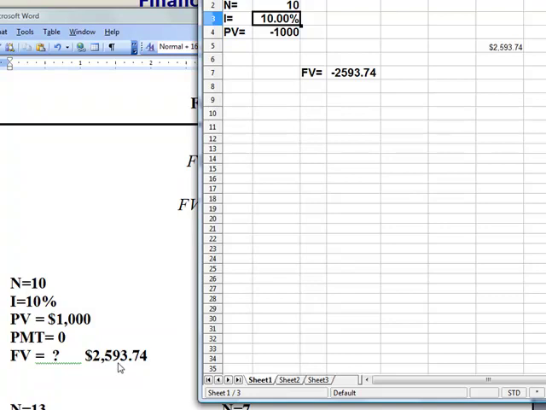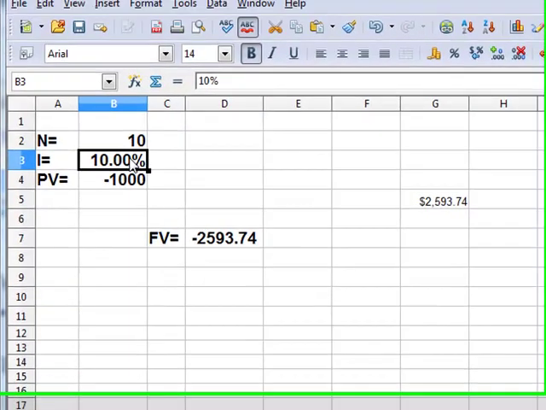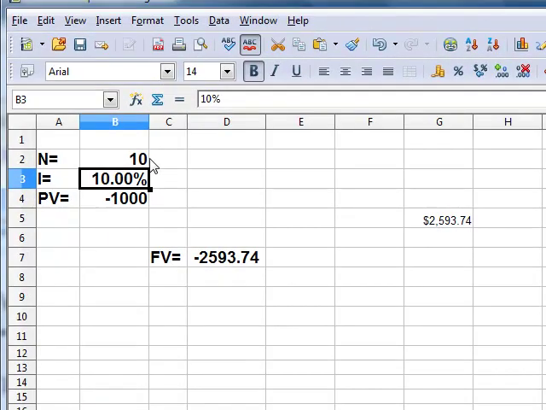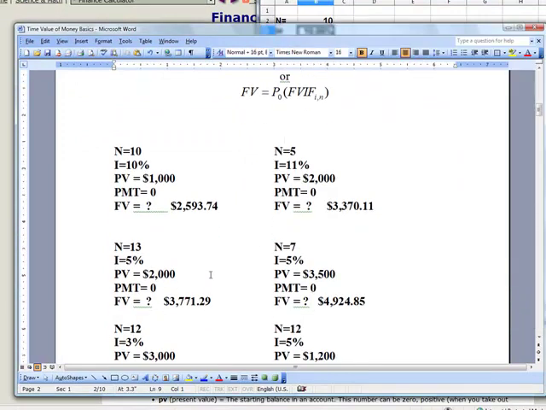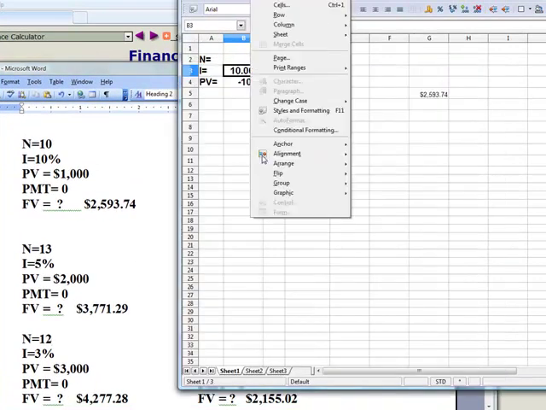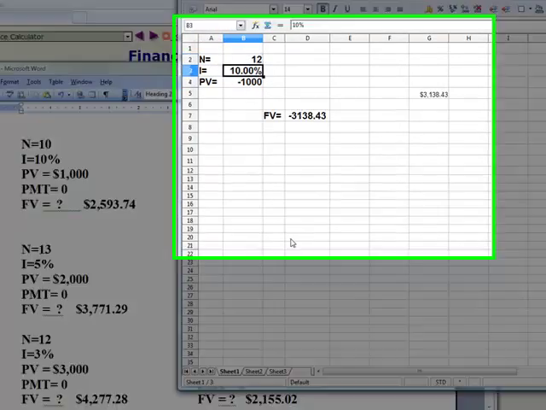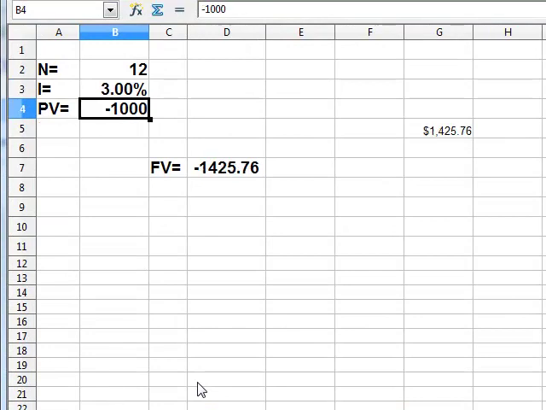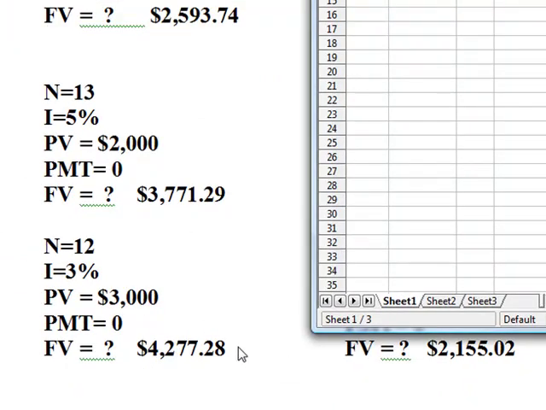And another way to think about this is, if I invest $1,000 at 10% for 10 years, it's going to be worth $2,593.73. And let's just do one more. Let's do this one. So if we say n is 12, and then I is 3%, and the present value is 3,000, we can see that the future value of that investment is